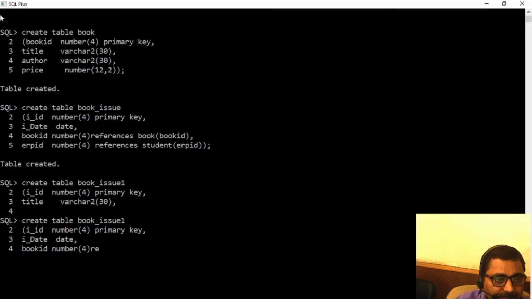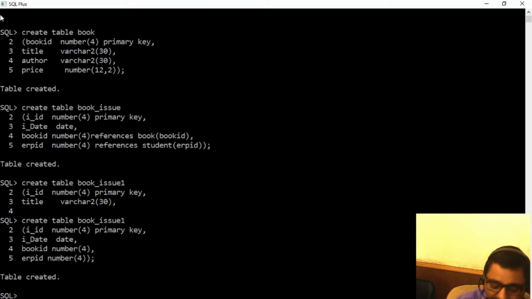Book ID. Then I will take ERP ID. Let's do it manually. ERP ID, number, size. But as of now it is a normal column, not a foreign key. Table created. Now I will be adding a foreign key with the help of alter table command.